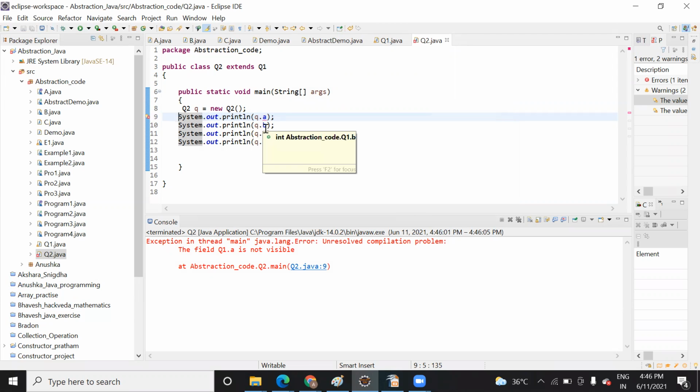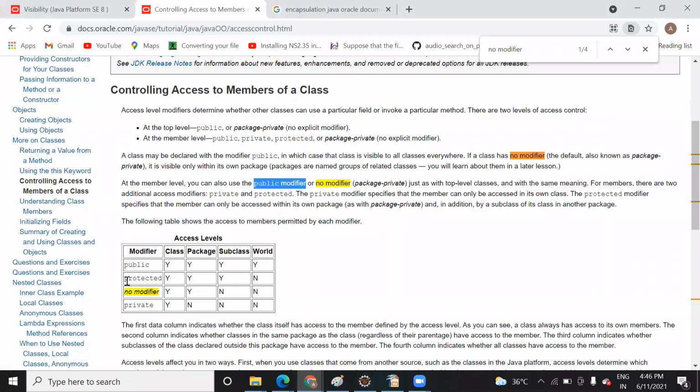The other two have access within the package, within the class, and within the subclass. So it depends on what kind of accessibility you have. Now if it is protected, then it will be accessible in the class, subclass, and package, but not the outside world. That is for protected. Public, it will be all yes. Private, it will be accessible within the class, not by outside.